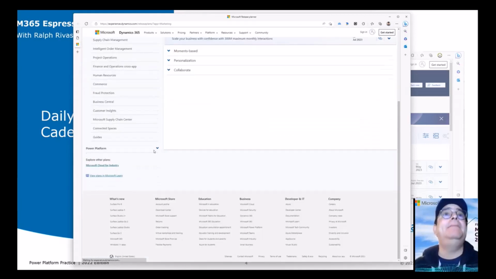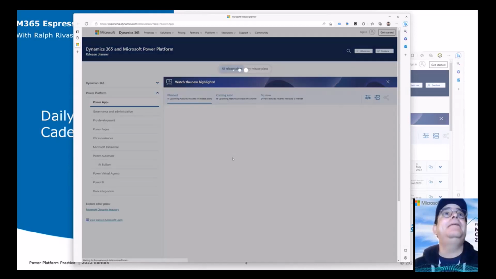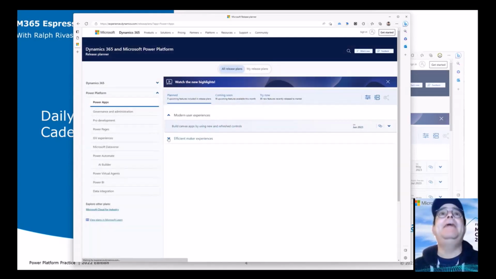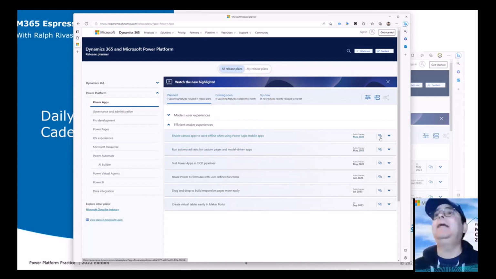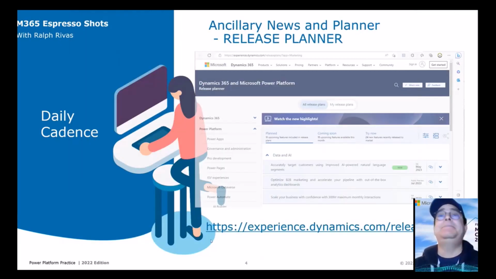You find an item that you want to track, right? Pick an item, find out what it is that you're tracking. Take a look. You can do things like sending links. You can have your own version of the release plan, so you can track exactly what you're doing. So as far as the news goes, you can filter it to make it more palatable, and you shouldn't be surprised. Essentially, no one should be surprised anymore. That's basically all I'm going to say about that for now. If there's a more M365 direct thing, we'll cover it next time.